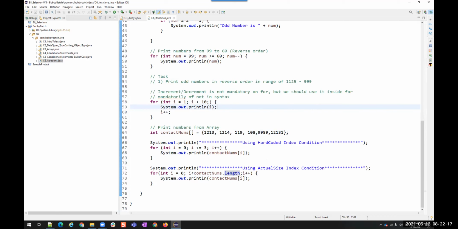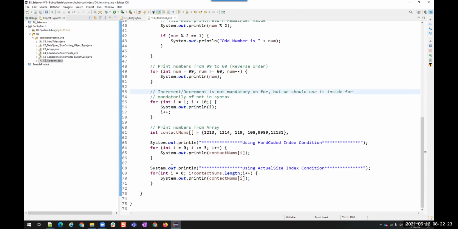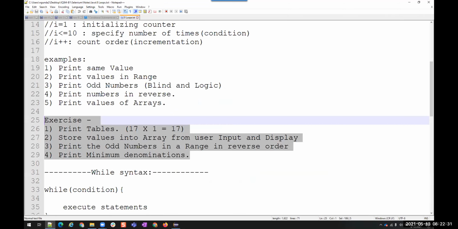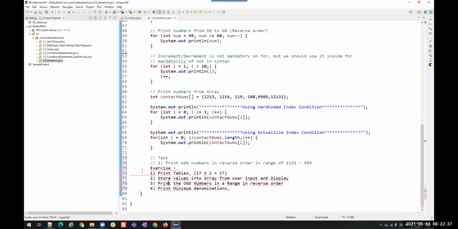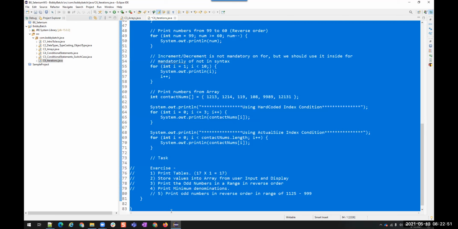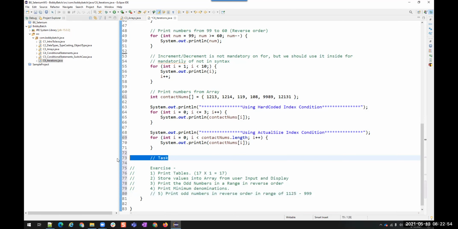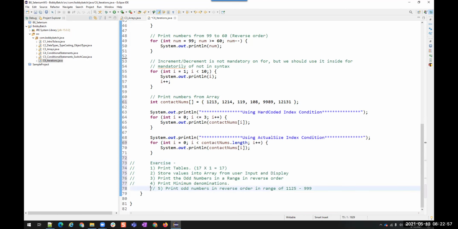No. Okay, fine. So I gave you one task already. There are other 3 tasks which I'm going to give you. These are the common tasks that you have to perform. This is 1, 2, 3, 4, 5. All the 5. Okay, I'll make this the 5th. So these are all the 5 tasks that you have to do. Okay.